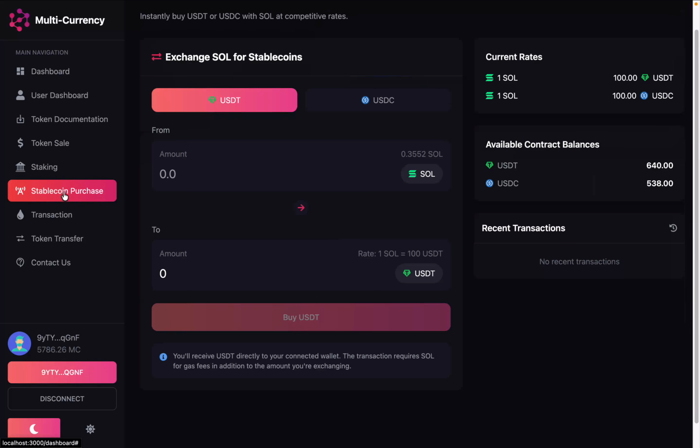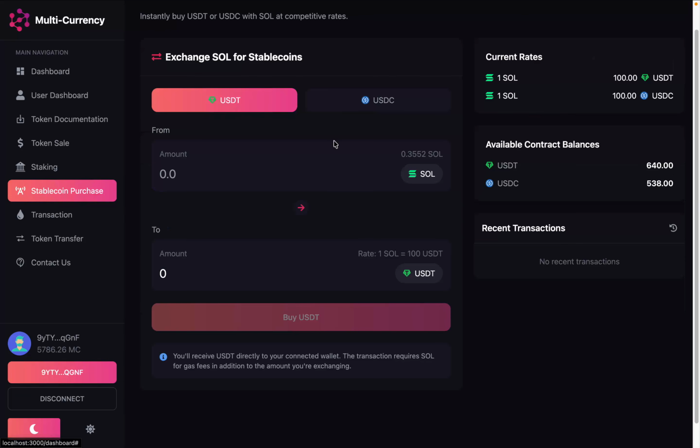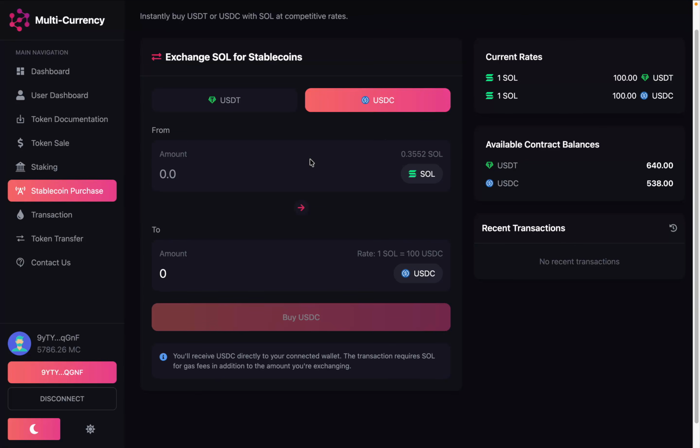If you want to buy the stable coin, you can simply buy it. Right now we have the supply this much. So if I come back to the user balance, if I go back to the asset section, you can see I have only this. So I have this much token. Let's try to buy at least one to show you that it's working absolutely fine. So I'll come back to this USDC, and I don't have enough balance, but I'll try to buy. So let's call this